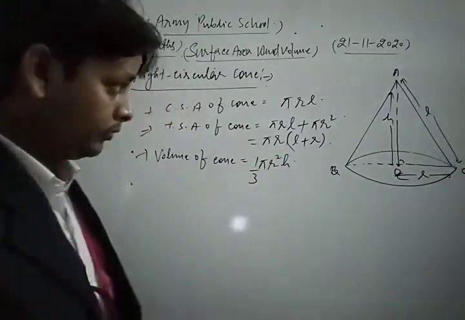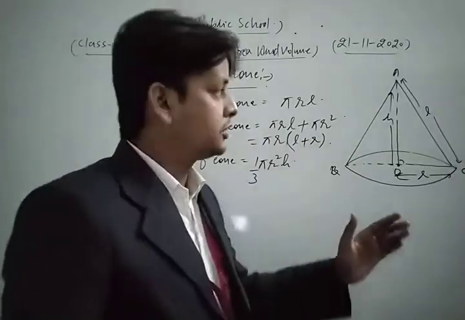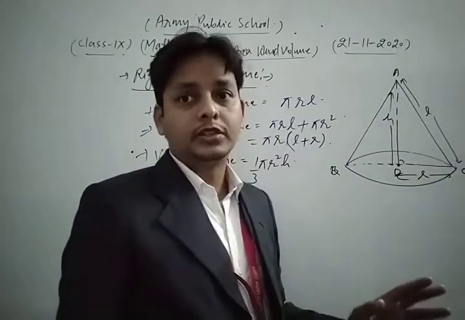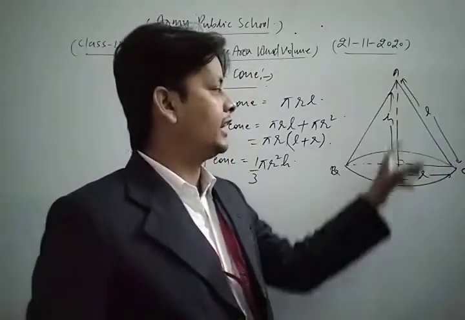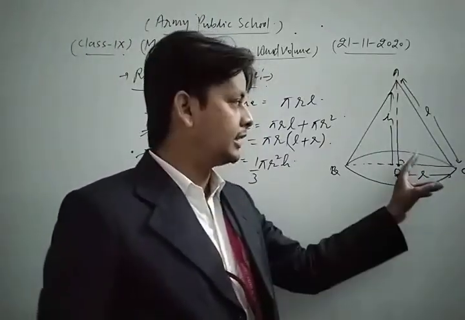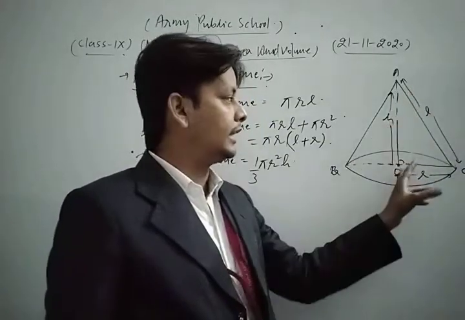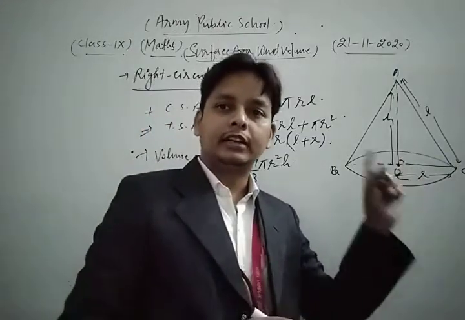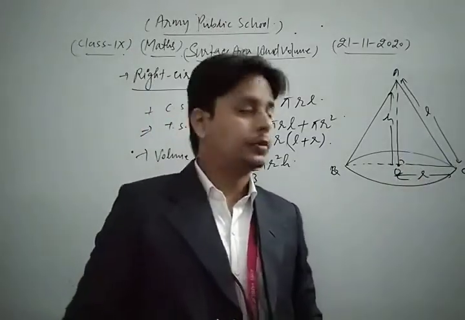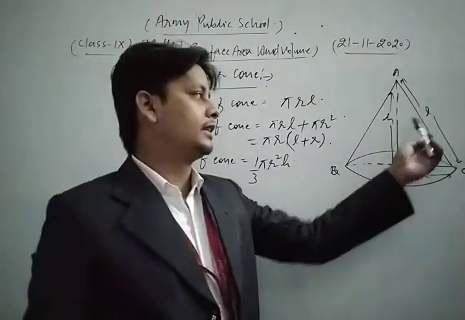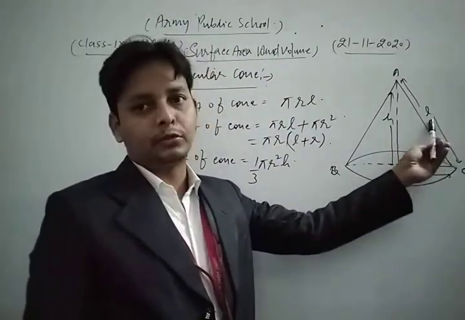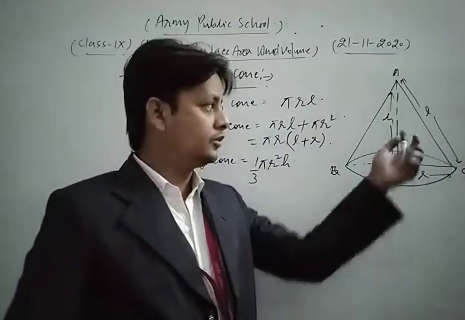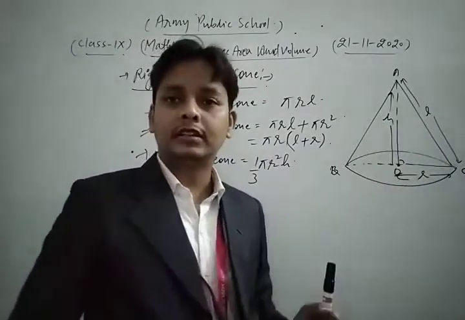Now, a very important relationship between slant height and radius of the base of the cone is what? You know that here AOC is a right angle at O. So the triangle AOC is a right angle triangle. Now in the right angle triangle we apply the Pythagoras property. So we get what? Hypotenuse, the side opposite the 90 degree angle. Here slant height is the hypotenuse of the triangle, and h is perpendicular, and radius is the base.